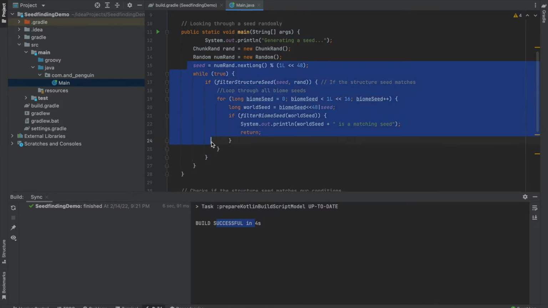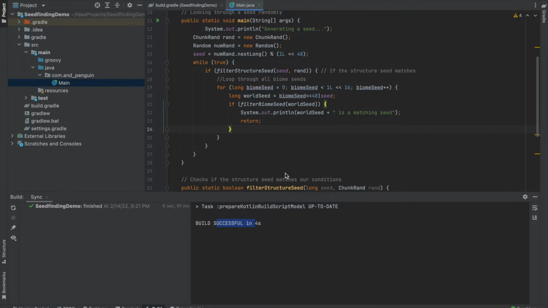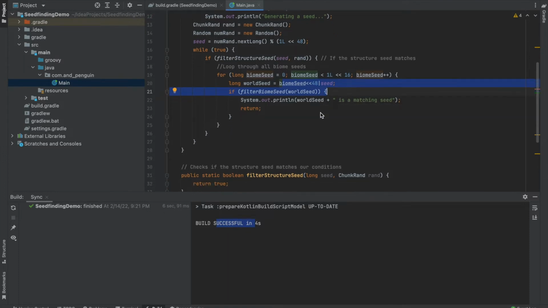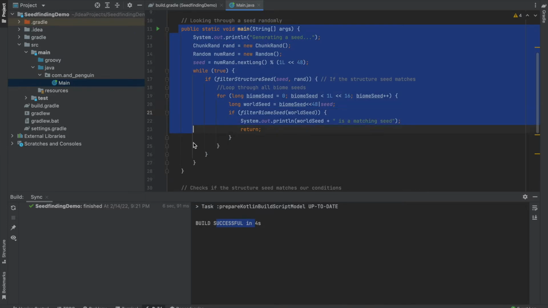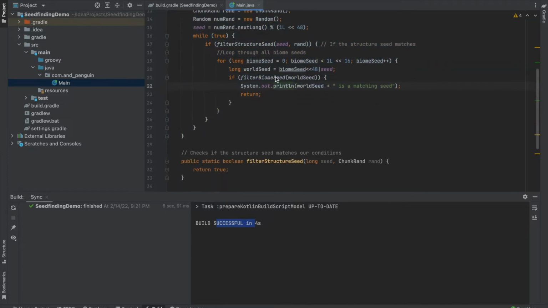So this is a pretty simple main method if you just want to loop through seeds randomly and print out the seeds. And while the number shifting is a little complicated and unusual, this is basically the bare bones of everything you'll need for every seed finding program, and you just need to edit what's behind this method and this method. So now, let's go on to the step of